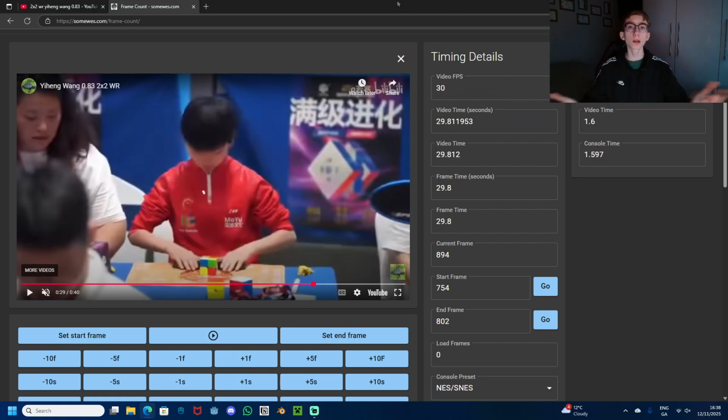So, what can we conclude from this? Yihang's world record average was probably a sliding one. And sliding consistently gets you around 0.1 to, let's say, 2 or 3 seconds faster. And that's obviously something that we have to regulate, because that's a big difference, especially in 2x2, where the world